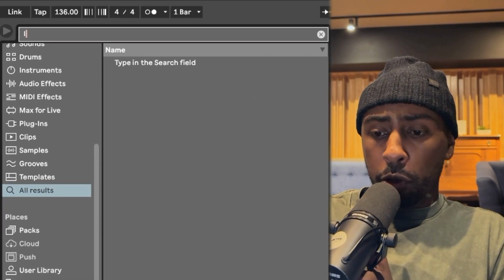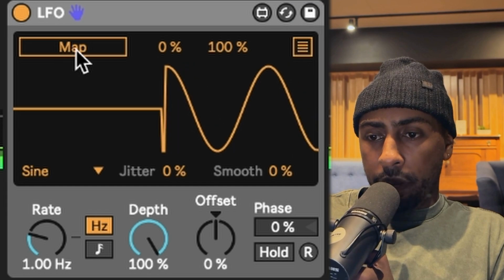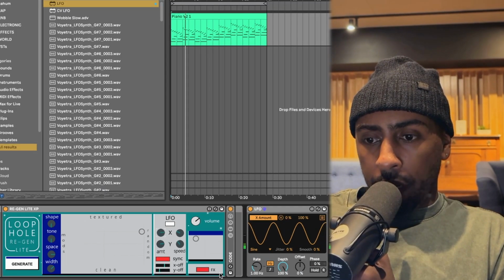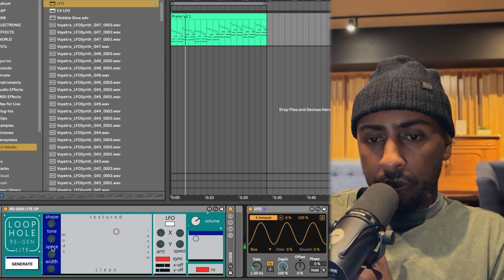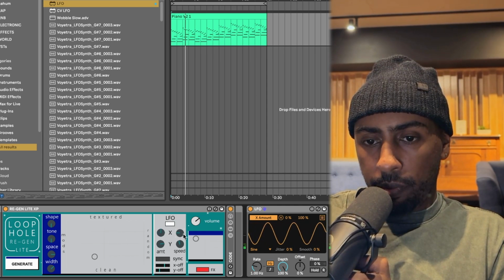Another cool thing you can try is just like throwing an extra LFO over here and literally just mapping it to one of these knobs. It already lets you kind of just get some movement that would be impossible to create otherwise. If I like slow this down,